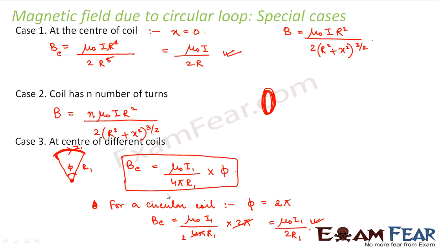So this is all about your circular current carrying conductor. So now I think we are good enough to calculate magnetic field due to different current carrying conductors. Even if the conductor is of some arbitrary shape, we can just consider a small element of the conductor, apply Biot-Savart law, and then we can integrate that small magnetic field to get the total magnetic field at any point due to the current carrying conductor. So it is time that we solve some problems so that our understanding becomes clearer.